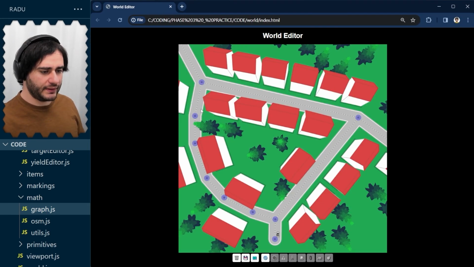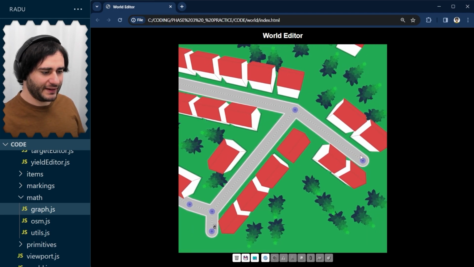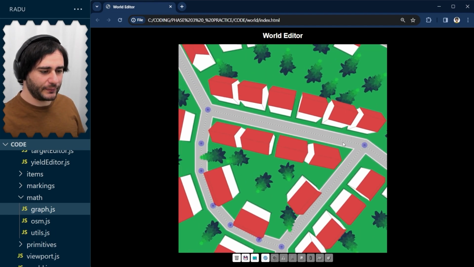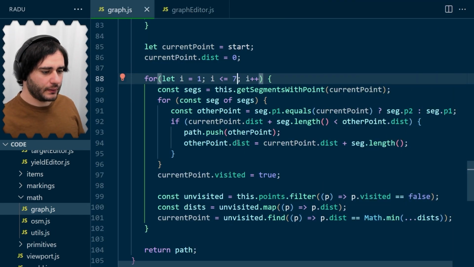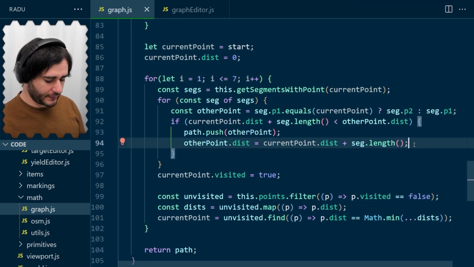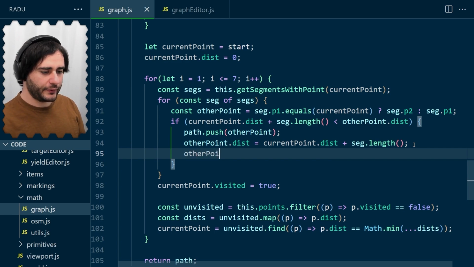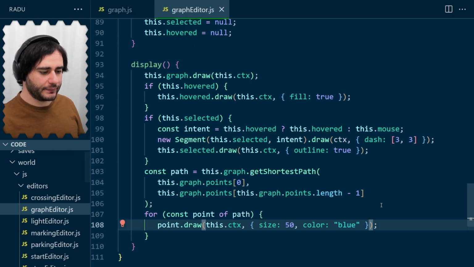Okay, so did this expand or did this expand? Let's see. Aha, it looks like actually this one expanded now, and these are the two new points. It helps to understand if we visualize the previous point it was connected to, highlighting this segment. Let me show you. Where we're updating this distance here, I'm going to type other point previous is equal to the current point. And now to visualize these in the graph editor, I can check